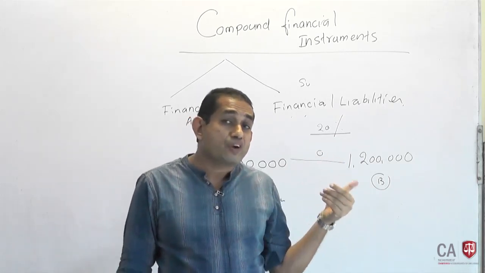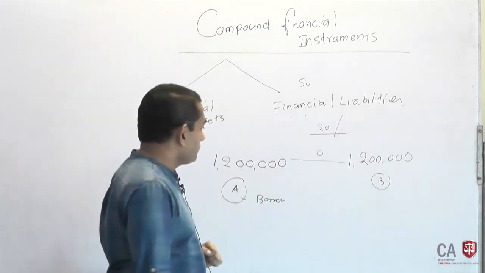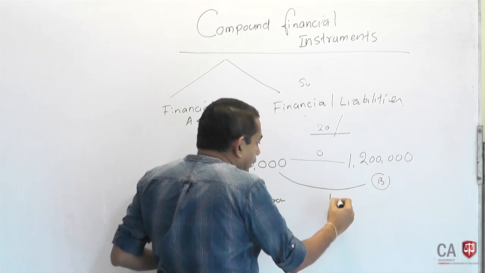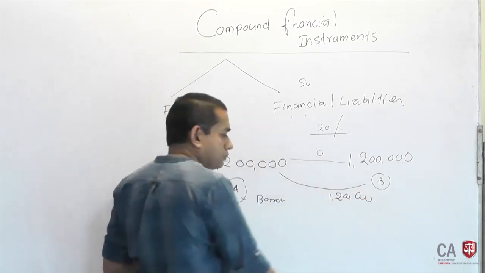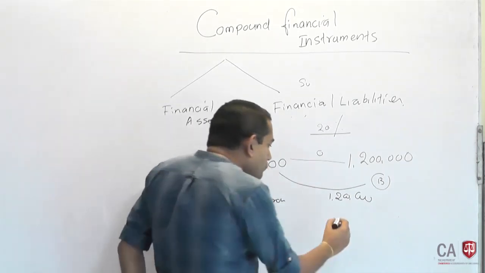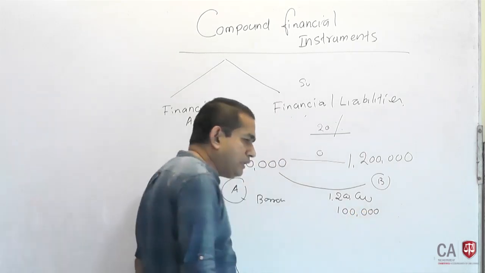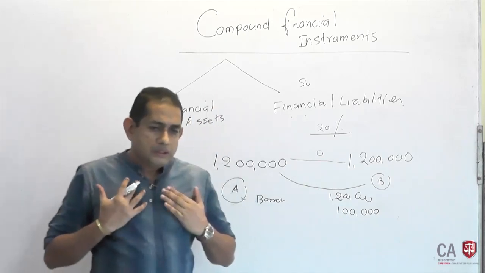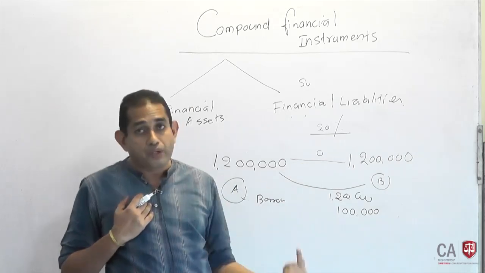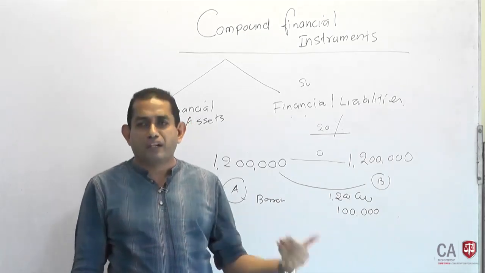Likewise, we have given a choice to the lender. What is the choice? Either you can receive the loan back, recover purely in cash 1.2, or if you are interested, you can receive 100,000 shares of our company in 1 year's time in settlement of the loan. It's not we who decide, it's you who decide. Tell us how you want us to pay you in 1 year's time. Need not panic, you can take your time. In 1 year's time, tell us.